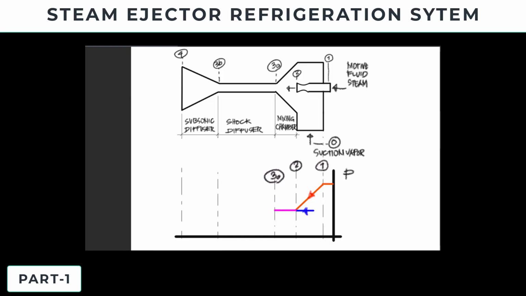So as you enter the shock chamber or shock diffuser, that will not be equal to the pressure entering from your motive pressure. So there will be a slight increase in pressure, then maintaining a constant pressure going or diffusing from 3B. So as you travel from 3A to 3B, there is a slight increase and then constant pressure.